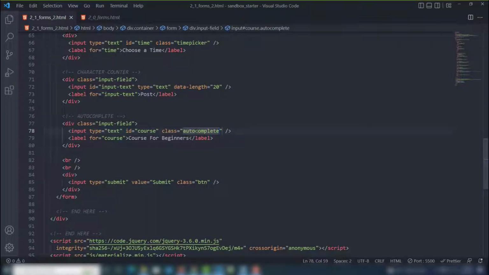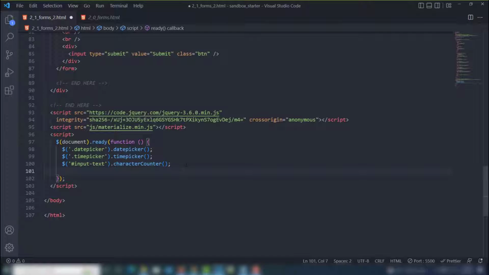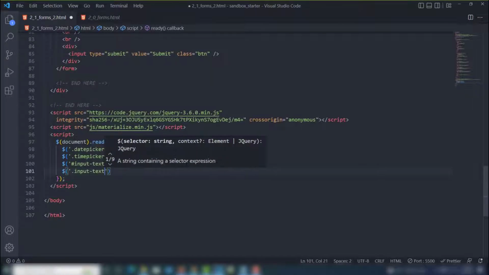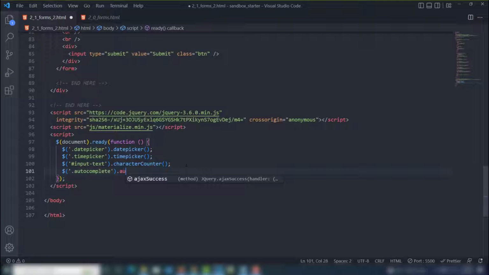You can use this one class to display the autocomplete data. I'm going to show you in a minute. So first of all, you need to go below and write the class name autocomplete, right? And call autocomplete